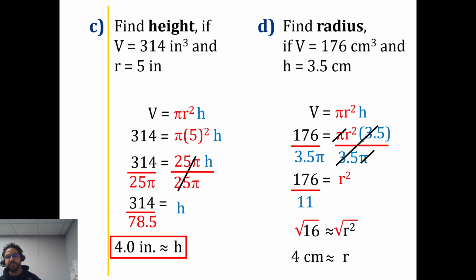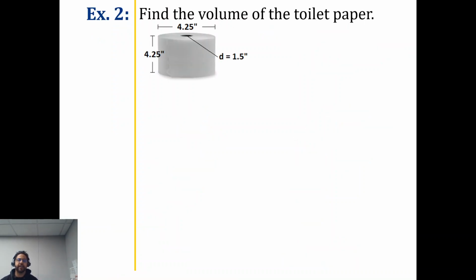All right, so we just found our volume for our first 2 examples. Then we just found the height and the radius on our next 2 examples. Then we're going to extend it to have a kind of tricky problem here. So we've got a toilet paper roll. Everybody has experience with this. A fresh roll, we're going to say, is approximately those numbers given to us. Whether or not it truly has a diameter of 1.5, but that's talking about that inner core, that cardboard roll